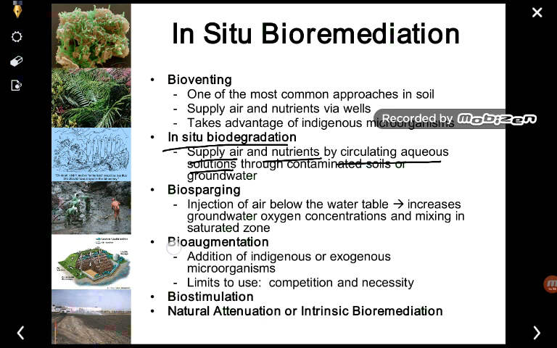Next is the bioaugmentation. So it is one of the biosparing. It is normally not discussed in your topic, so I left it. But bioaugmentation is a topic, you must know it. So it is again a form of in situ bioremediation